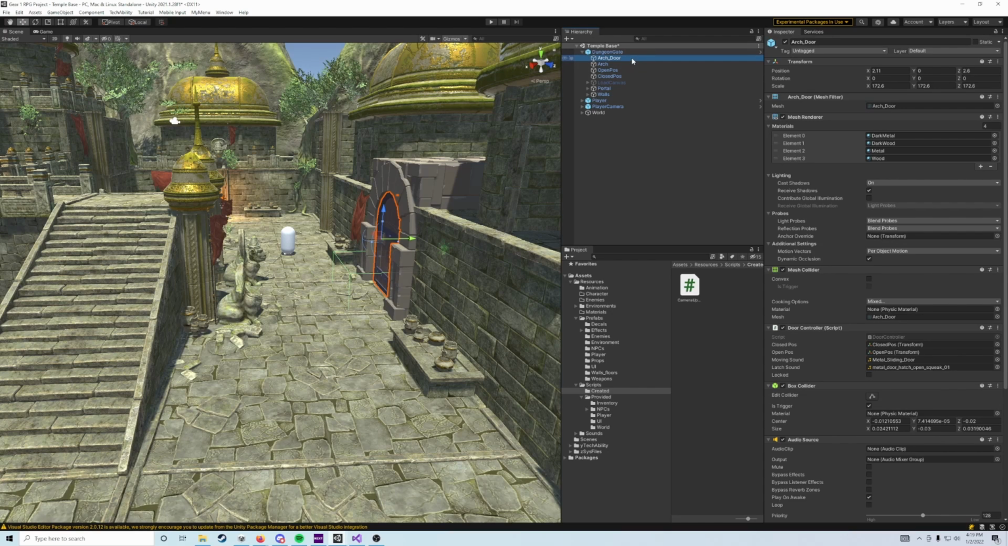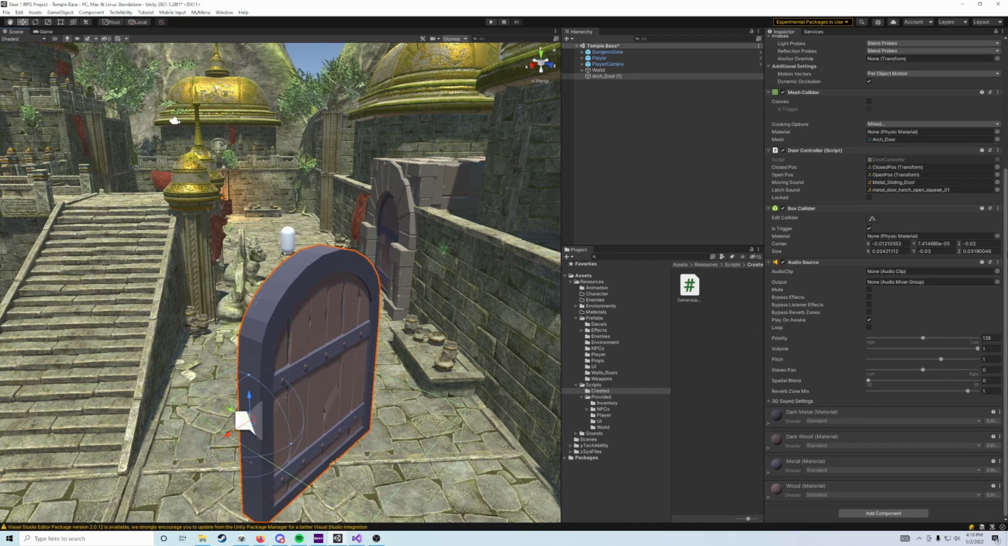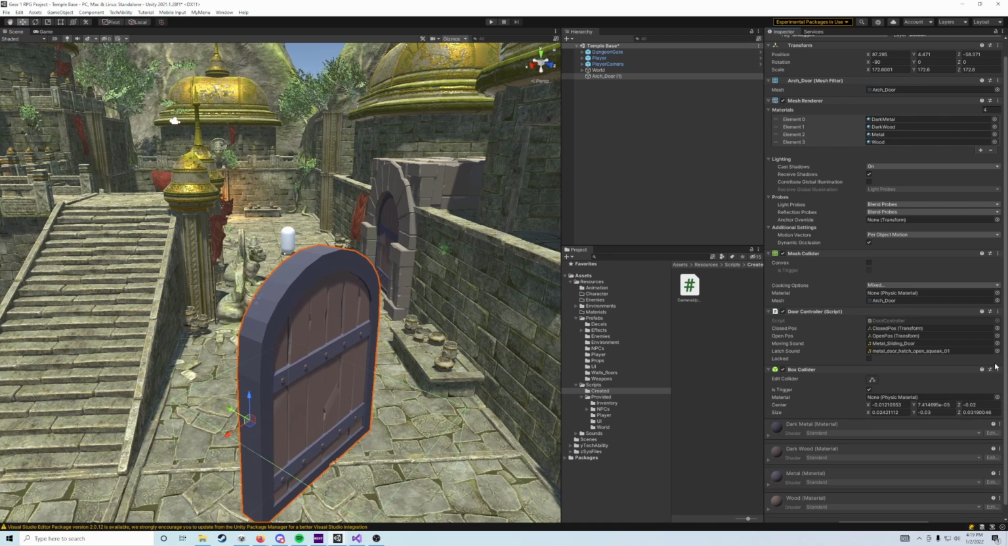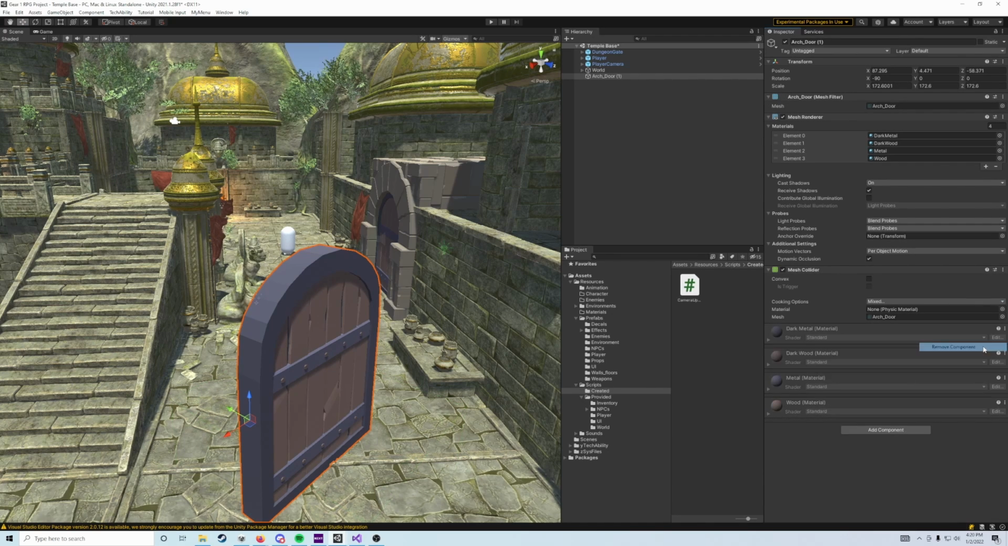to work the best. We're going to select the arch door and then hold Control or Command D to duplicate it, and then we're going to move this object so it's no longer a child of the dungeon gate. We're also going to want to set this Z rotation here to 0. And then move it off of our dungeon gate so it's got its own space here. And then we're going to remove all these components by hitting the 3 dots and hitting remove component. We're going to remove the audio source, the box collider, and the door controller, leaving the mesh filter, mesh renderer,